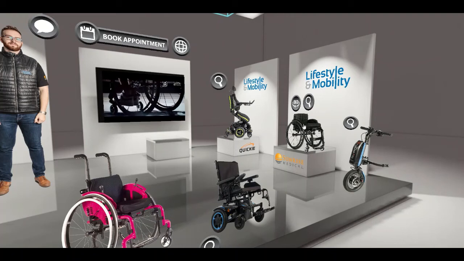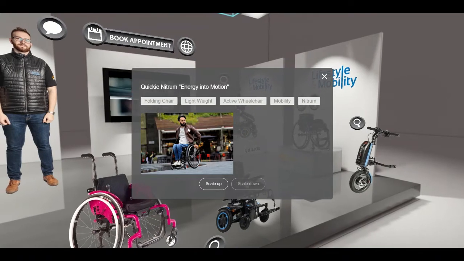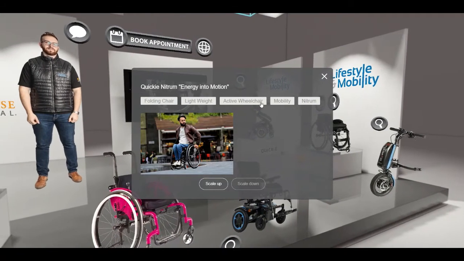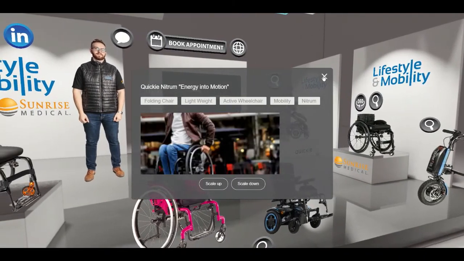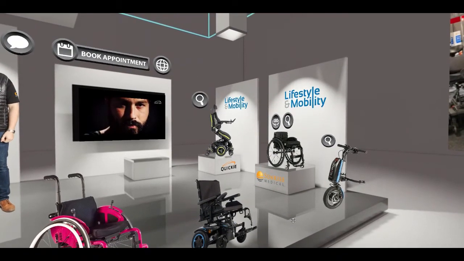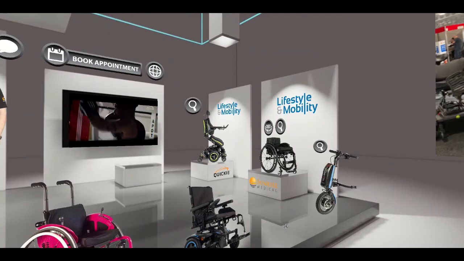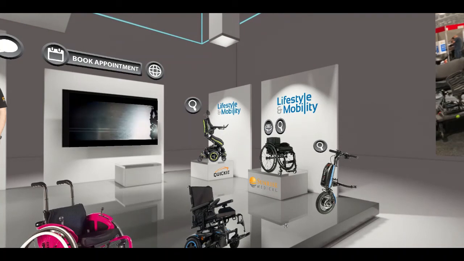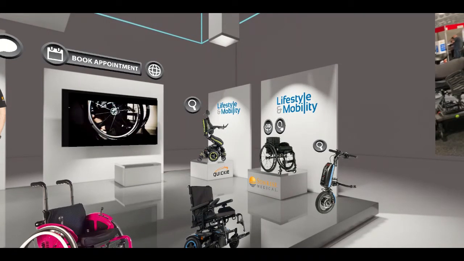So I'm going to click on this one here. That's going to pick up an image of the wheelchair that I've just clicked on, along with some of the relevant keywords, which I'll show you again later, and you can scale up and zoom in. If you click on the magnifying glass next to any of our products, that will bring up their Rise Search page. So Rise Search is our search engine platform, which showcases all of these different products here according to somebody's needs. So if I click on that,